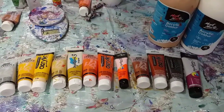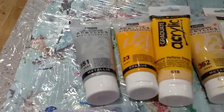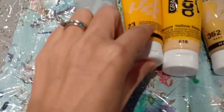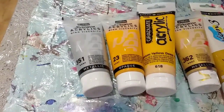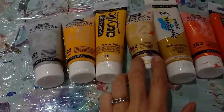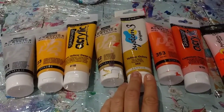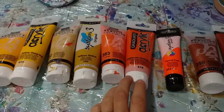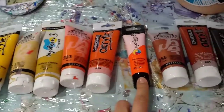These are the gorgeous colours. So let me show you. Pebeo Silver, Studio Acrylics Silver, Studio Acrylics Cadmium Yellow Medium Hue. Let's get that into focus a bit more. De La Rowney Cadmium Yellow Deep Hue, Pebeo Studio Acrylics Gold, De La Rowney System 3 Yellow Ochre, Pebeo Iridescent Orange Yellow, De La Rowney Cadmium Orange Hue, System 3 Fluorescent Orange,